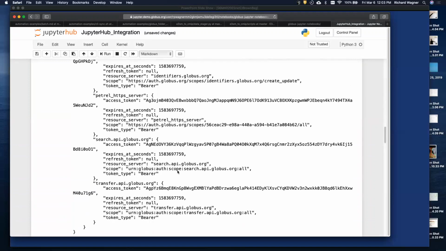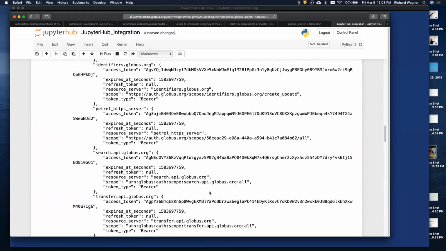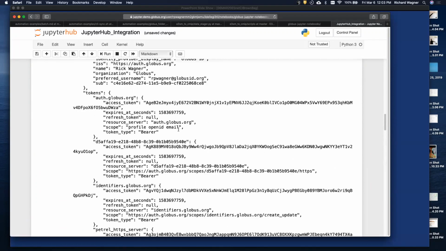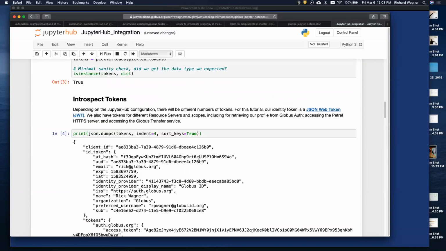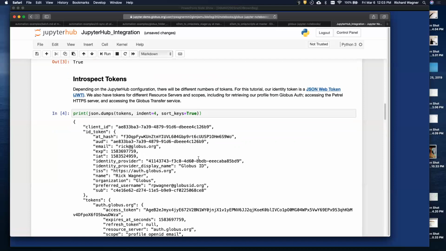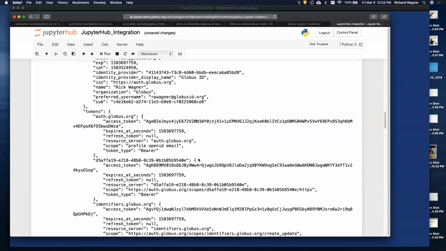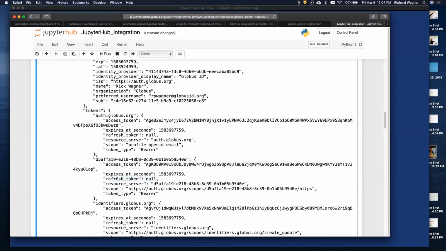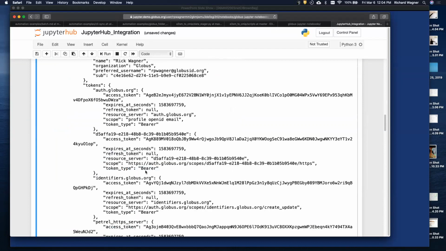We've got Globus Search, we've got Globus Transfer, we've got Globus Identifiers, we've got FuncX and DL Hub and stuff like that. So this system ends up with many tokens. And that means that if this was compromised, somebody could reach out as me,